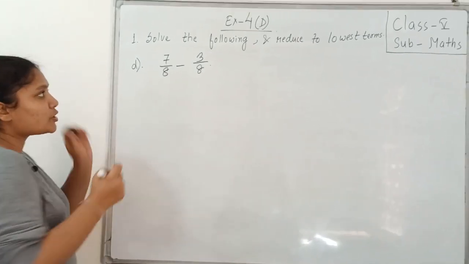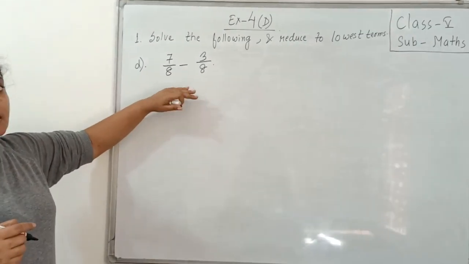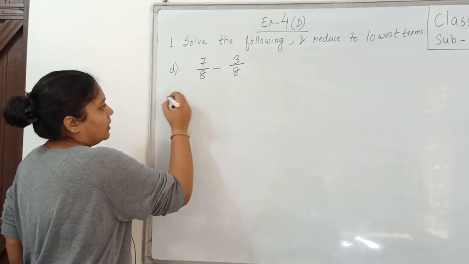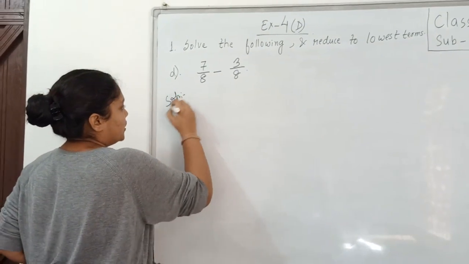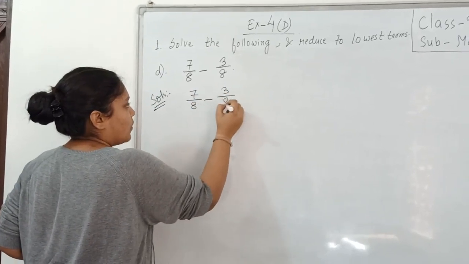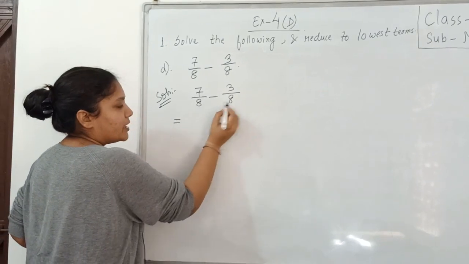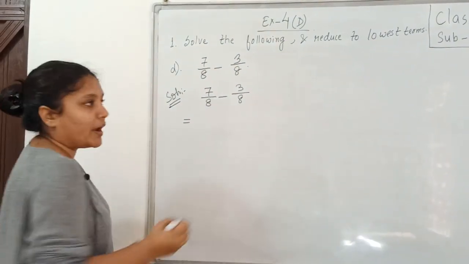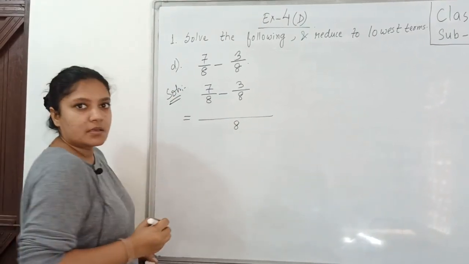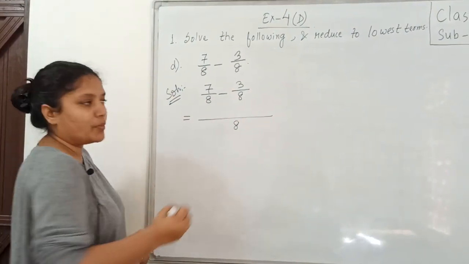So students, this question is not in your book, but this is an extra question. So let us try this extra question also. So what will we do? We will rewrite the question once again. Now what can you see here? The denominator is the same, right? When the denominator is the same, what do we do? Our LCM is also the same. No need to take the LCM if the denominator is the same.